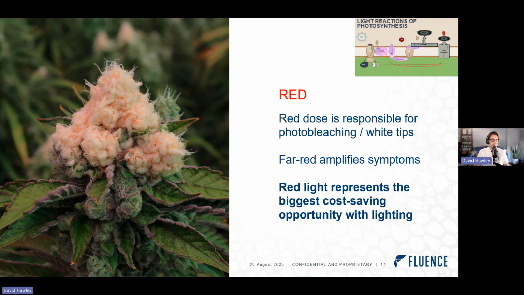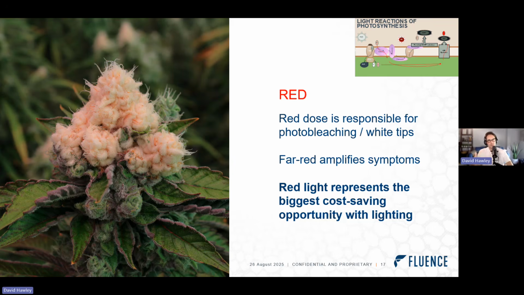That's why when you drive around and you see greenhouses that are commercially lit for whatever crop, you see these generally pink lights, right? It's not because pink is best for those particular crops. It's because red is cheap to produce. And you want to find the lighting solution that can use as much red as possible without negatively impacting yield or quality. The thing is, in cannabis, when you use too much red, right, the absolute dose of red photons is too high,